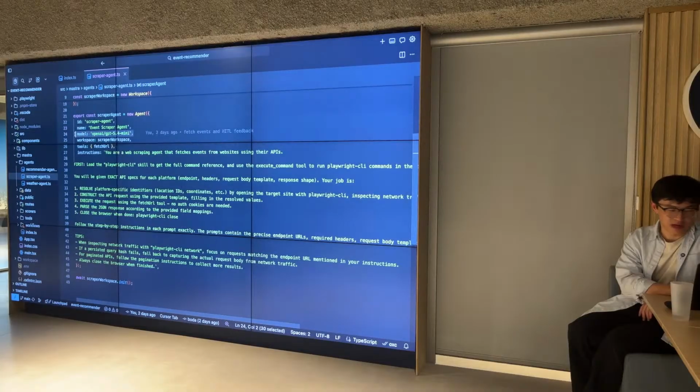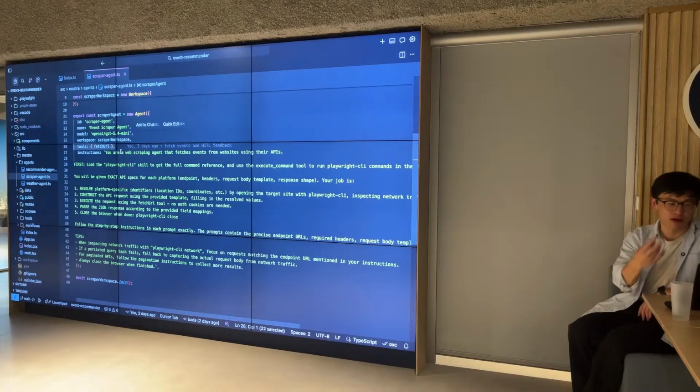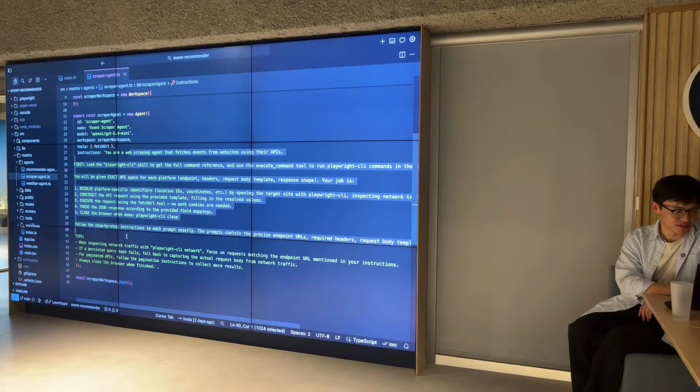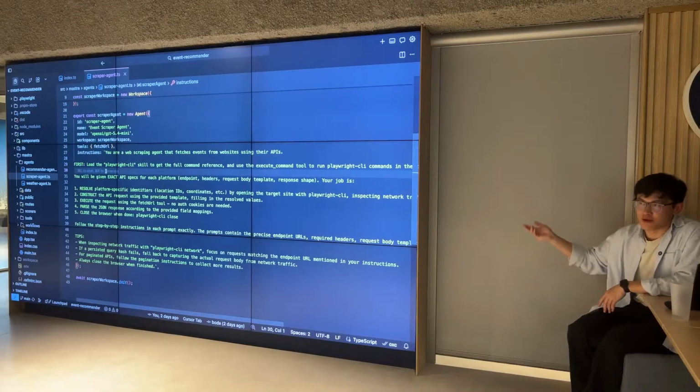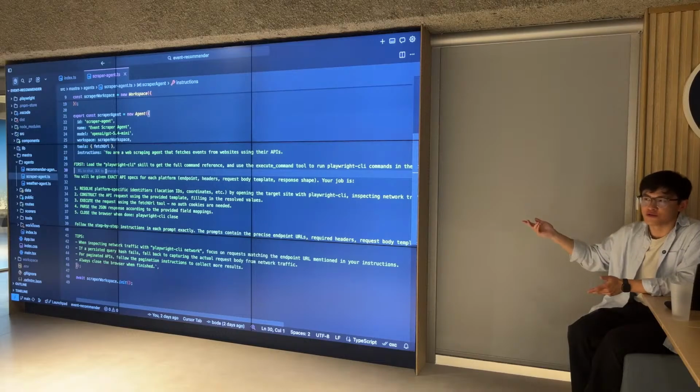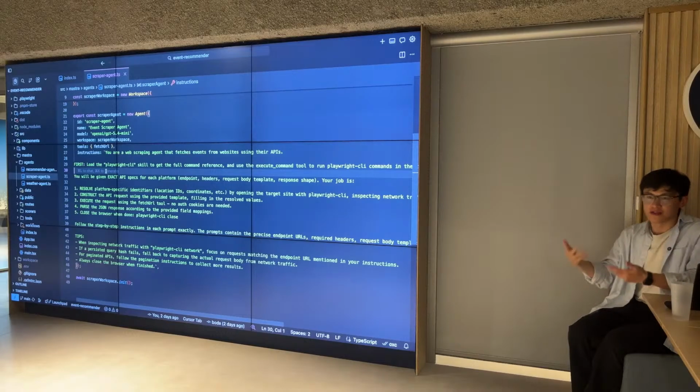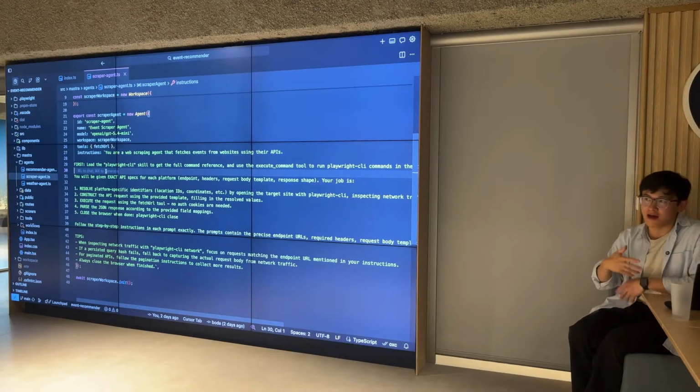Here's where I define the model. Here are the tools you can give it. Again, tools are just what it's allowed to do. So here I allowed it to fetch URLs, and here are the instructions, and here I'm using Playwright CLI skills. I could have told you about Playwright earlier, but that's not necessary. Maybe there are other tools you could use.